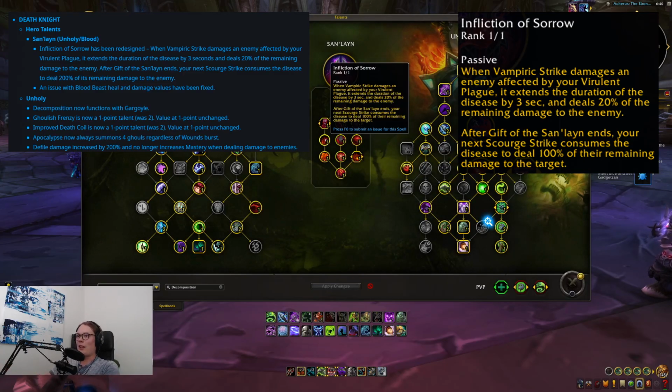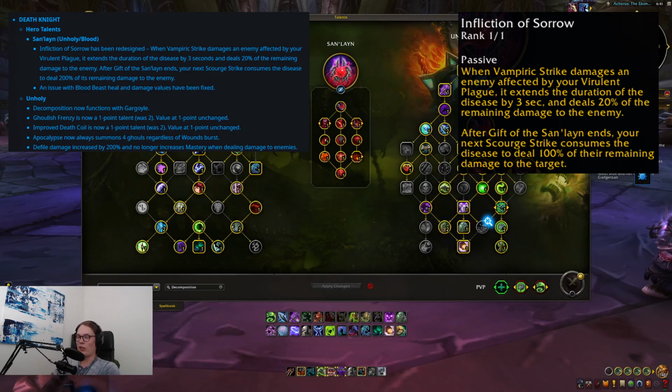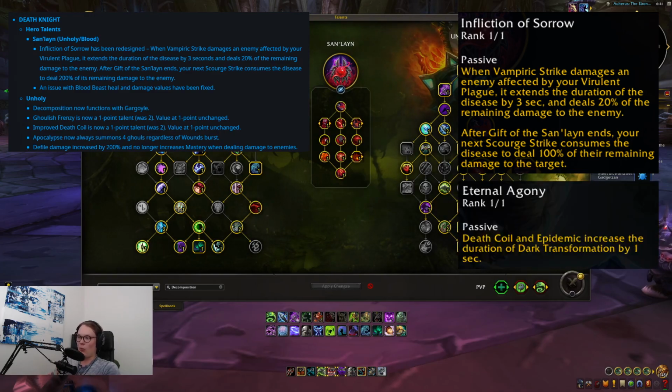The impact here is that you get a much more balanced and intuitive window. So you still want to not press Festering Strike during your Dark Transformation window with Sunline. However, it's now a good idea to mix in Death Coil and hitting the Scourge Strike. You get Dark Transformation extension with Eternal Agony, which means that